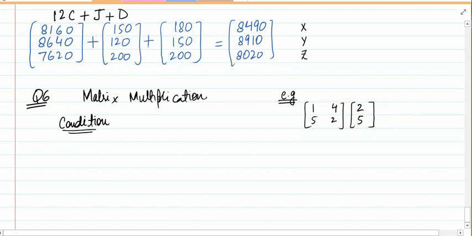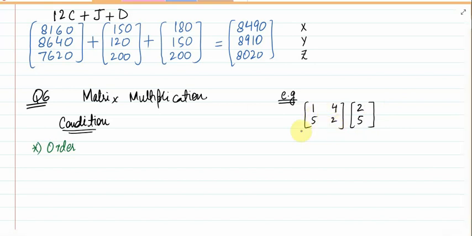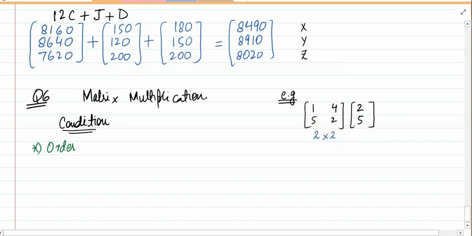So the first condition is you need to check its order. If I apply the condition step in my question example, the order of the first matrix is 2 by 2. There are 2 rows and 2 columns. And the order of the second matrix, there are 2 rows and 1 column, right? So I can write that 2 by 1. Now that is not the condition, right? The condition is that